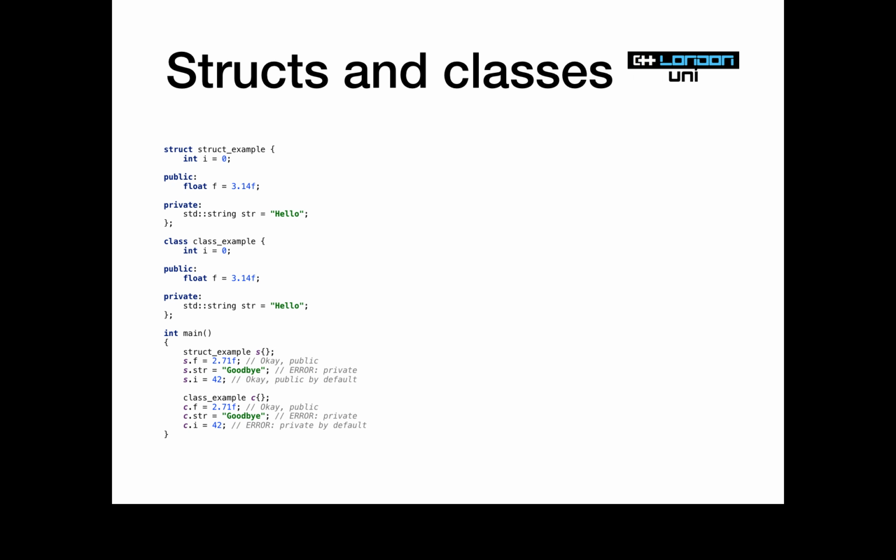This is obviously, again, a matter of taste, but usually I find that the best way to use them is a struct is something with everything public, and it might have some convenience functions in it, maybe even a convenience constructor, but it doesn't care what you do with any of its members, any of its fields, any of its data. I can freely mess with them at any time, change them. And I may have convenience functions in there, but those convenience functions also shouldn't care what particular state any of that data is in. No invariants.